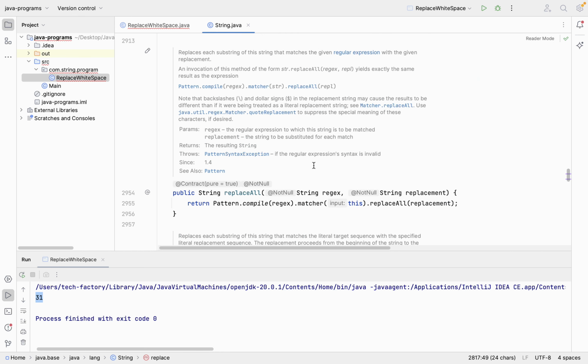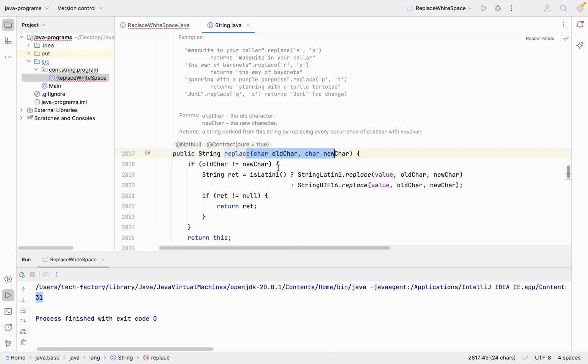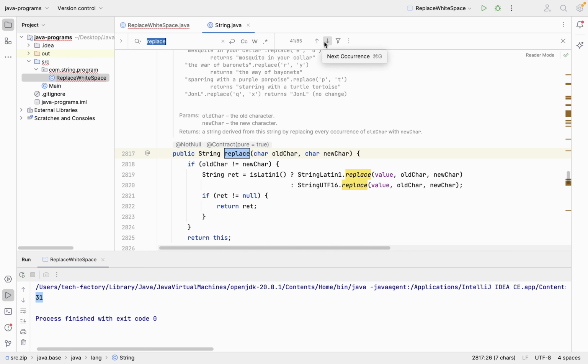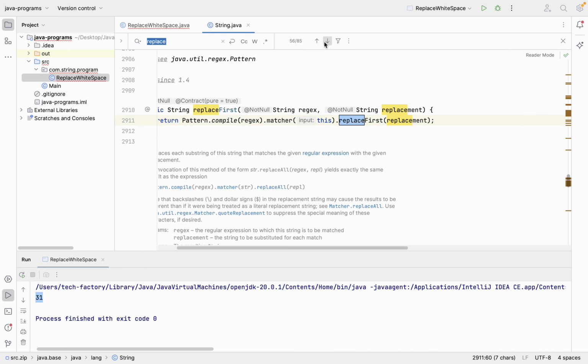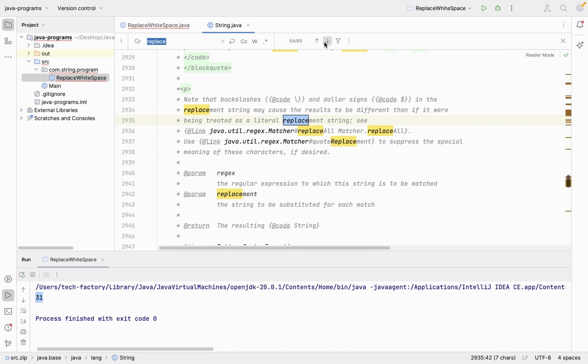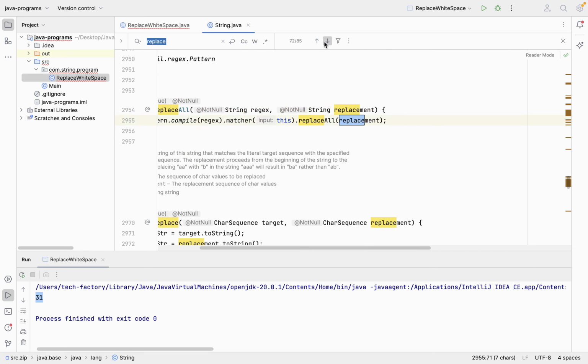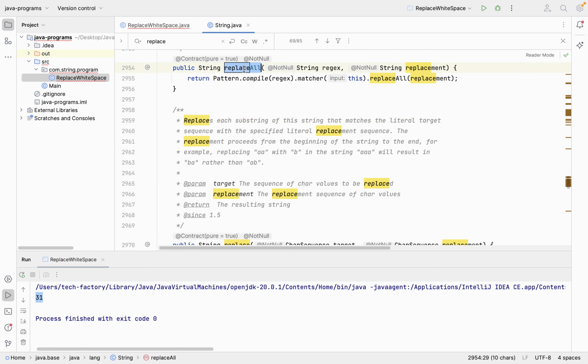I don't think it is overloaded. Let's see whether it is overloaded or not. So here it is, we are having f. We will search in our code, is there anything like replace? No, but we will not replace only one white space. For that we are going to use this method called replace, and with the help of replace we will